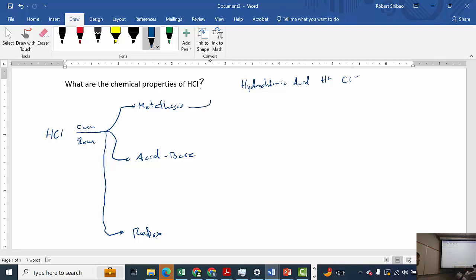So in terms of metathesis, we look at the cation and see, what kinds of things will H plus react with. And if we think about H plus, automatically you would think it's a proton, that's acid. Acid is H plus. In fact, that's how we identify Bronsted acids. We identify Bronsted acids because all Bronsted acids will have H, actually H plus. And so typically when an acid has H plus, we write the H at the front. So for example,